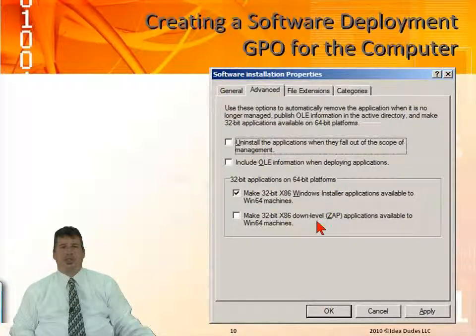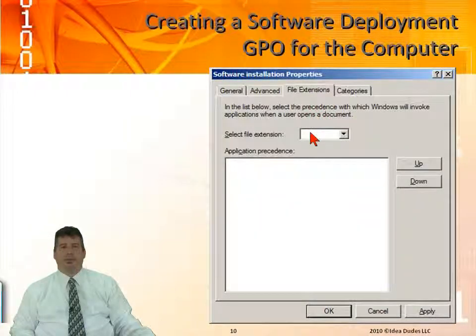Also, 32-bit applications in 64, we can make a determination if we want to be able to do that. And we can also use a down-level ZAP application to make modifications. Then we have the file extensions, such as when we're dealing with Word, we'll have doc, or we'll have XLS, or whatever it is. When we're dealing with the file extensions, this is what we're going to be doing on the user, not on a computer, because the computer, it's already assigned, where this deals with publication, so publishing